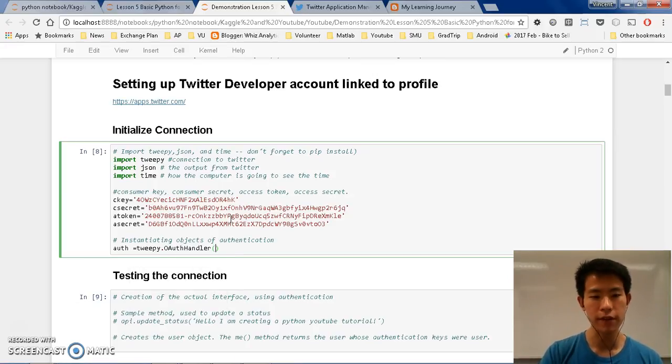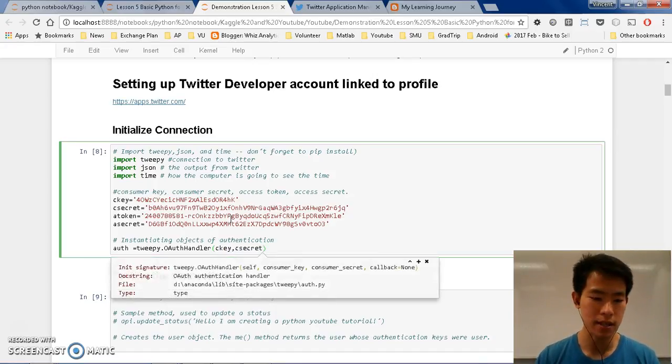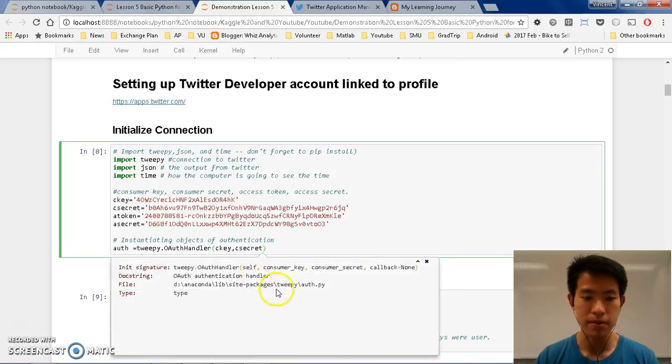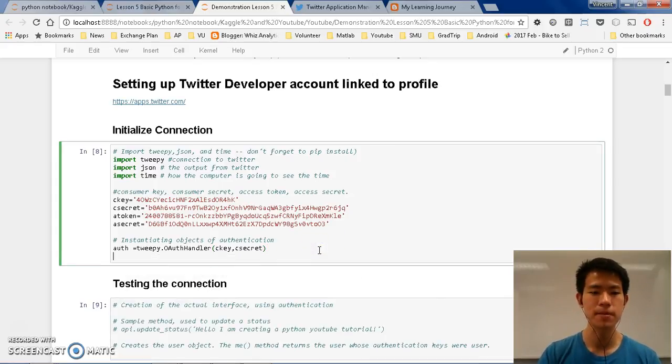Yeah, it should be OAuth handler. And here you put your C key and C secret. If you don't know what this does, just shift tab, and then you can see you put consumer key, consumer secret, which you have done. Okay. And after that, then what we want to do is that we want to set the token. Okay, so set access token. Okay, and put in a token and a secret.